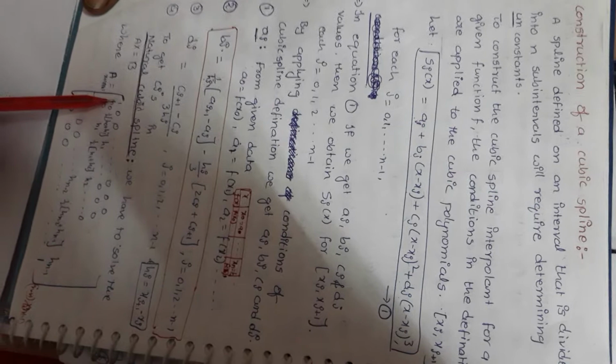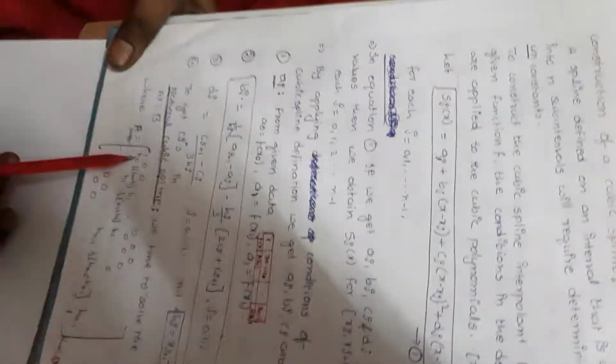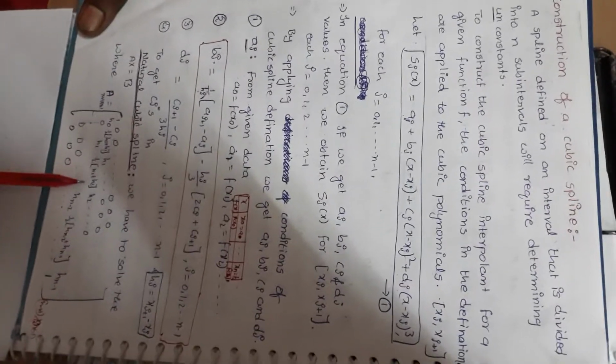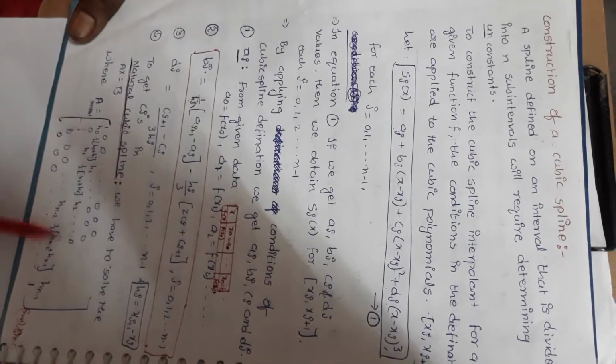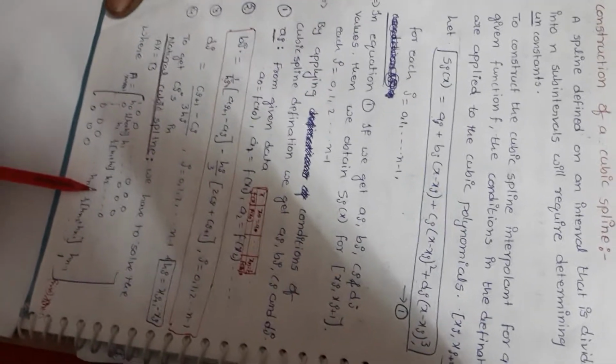First row: 1, 0, 0 and so on, 0, 0, 0, 0. Second row starts with h naught, second element 2 into (h naught plus h1), third element h1 and so on, last elements 0, 0, 0. Now if you continue like this, third row first element 0, and diagonally we get the values. Next value h1, 2 into (h1 plus h2), h2 and so on, equal to 0. For the fourth row, here we get 0, here we get 0, here we get h2. Next value we get 2 into (h2 plus h3), next value h3.